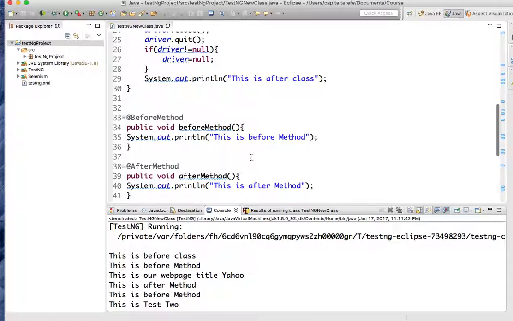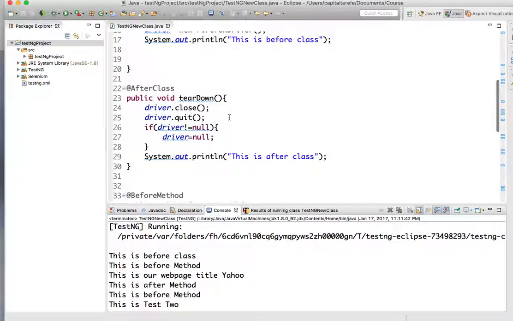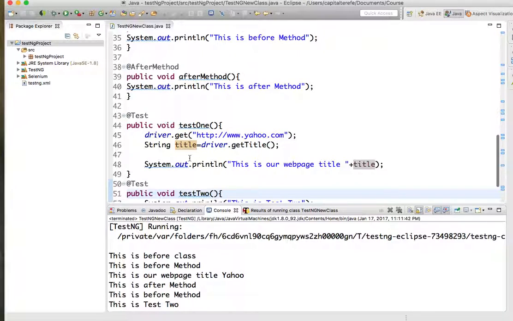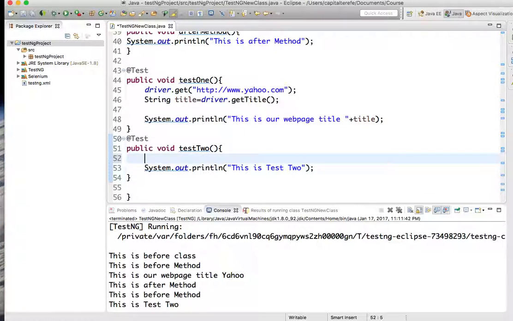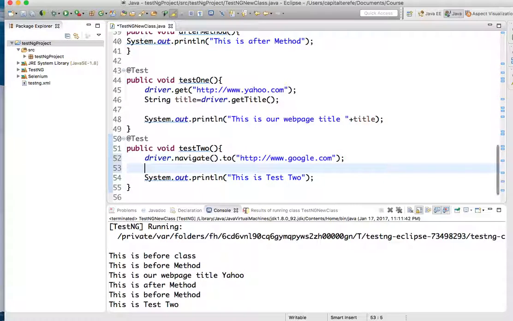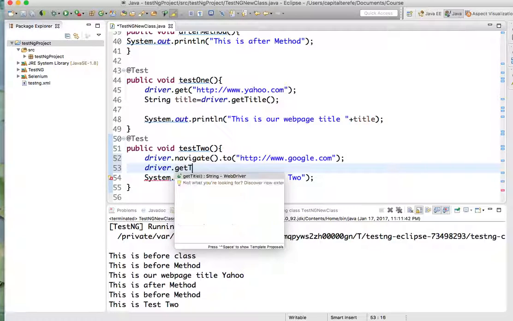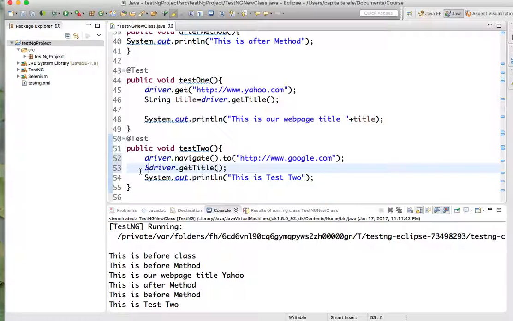So this is TestNG in action. If you guys want to just practice with these different types of combinations, for example, if you want to do something crazy on the second test line, I can do something like, for example, here I want to do, let's say, driver.navigate to another web page, http://www.google.com, and then I'll go here, driver.getTitle for that Google page, and I'll say this is string,